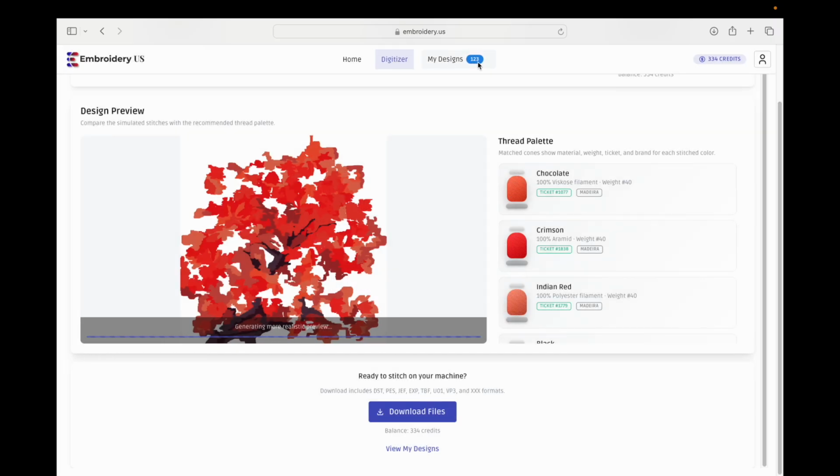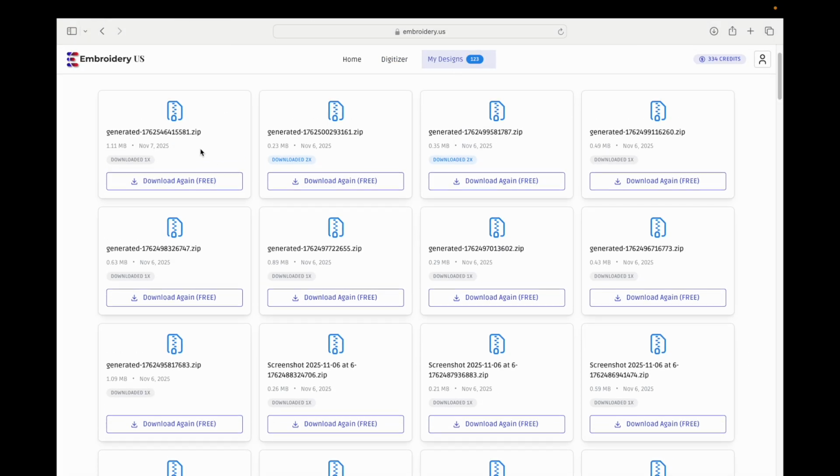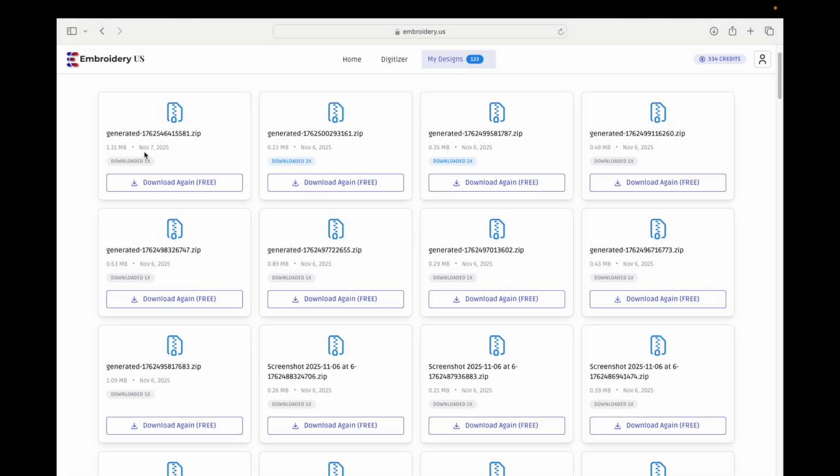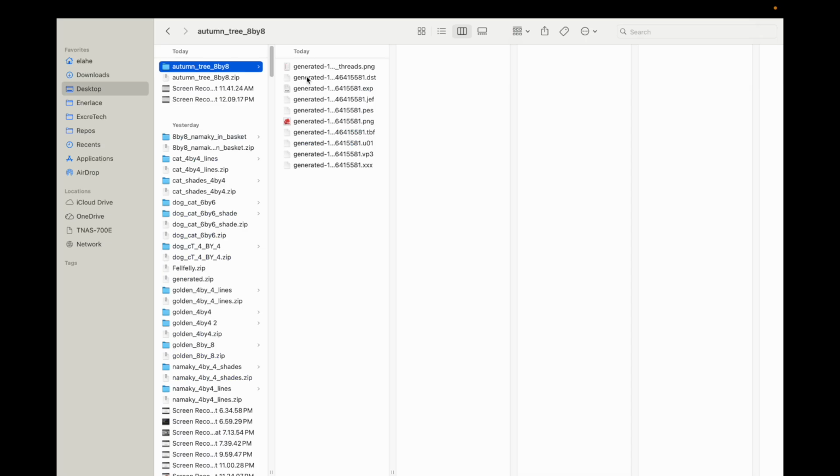You can see I have created 123 designs. November 7 is when I created this design, and I can download it again in case I forgot where it was, or I can access it anytime. So depending on your operating system and computer, you can open the zip in a variety of ways. Drop me a line if you were not able to open the zip file, but once I open it, you